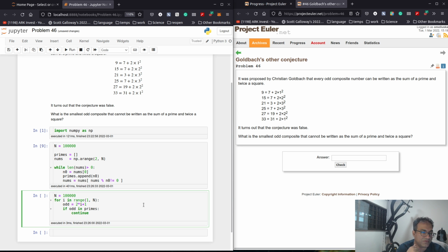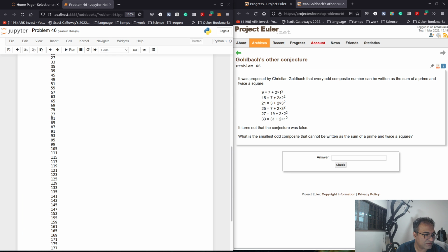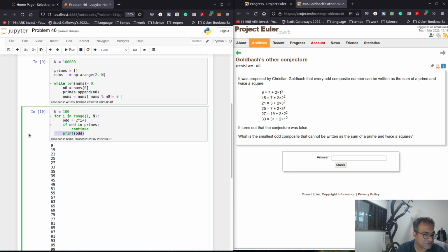Okay, so now we have odd over here as an odd composite number. So let's check all the way to maybe 100. If we print odd over here, these are all odd numbers, and yeah, they're all composite, so that's good. So we have odd composite numbers, and we want to see whether these composite numbers can be broken down into a prime